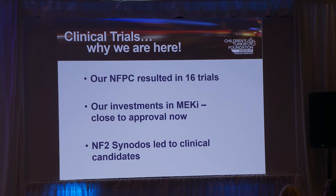So on the first slide, of course, the thing that matters most to all of us here is how fast can we get clinical trials? How fast can we get drugs to the clinic, to the patients that in fact can or may benefit from this? So the NF Preclinical Consortium, which is an initiative that the Foundation launched 10 years ago, was really an